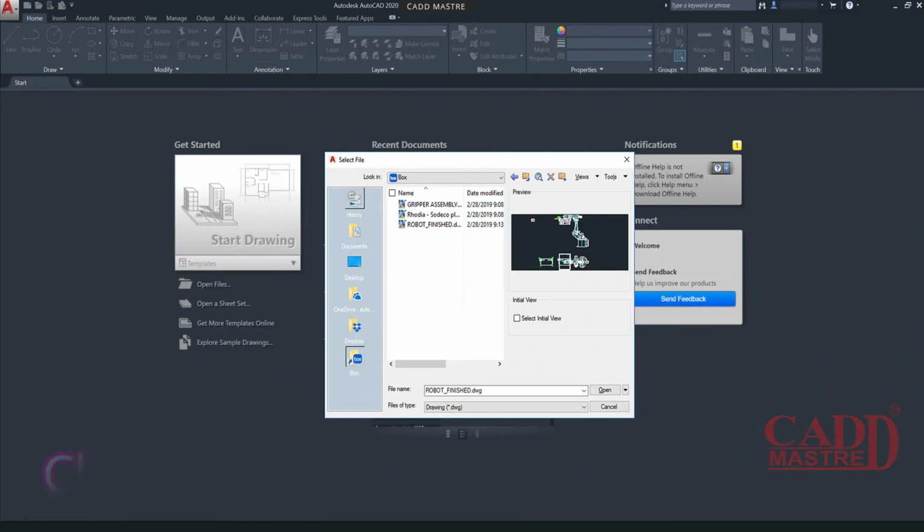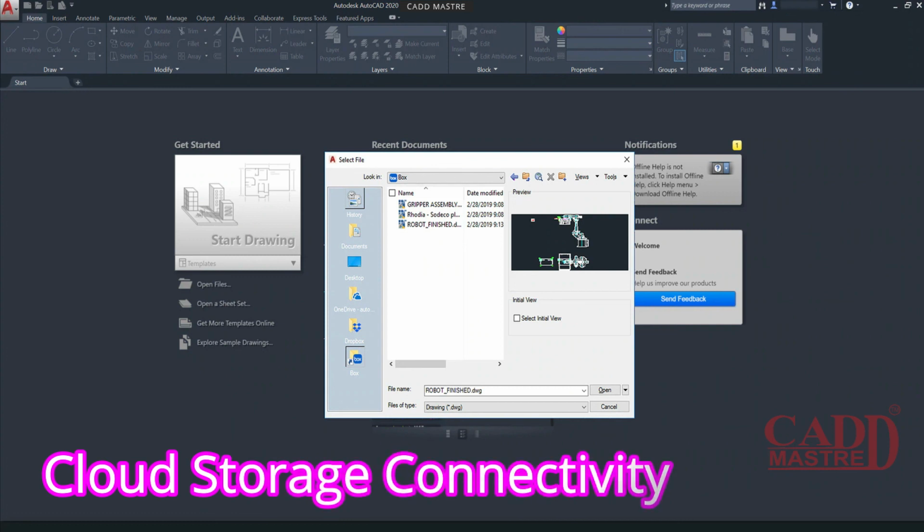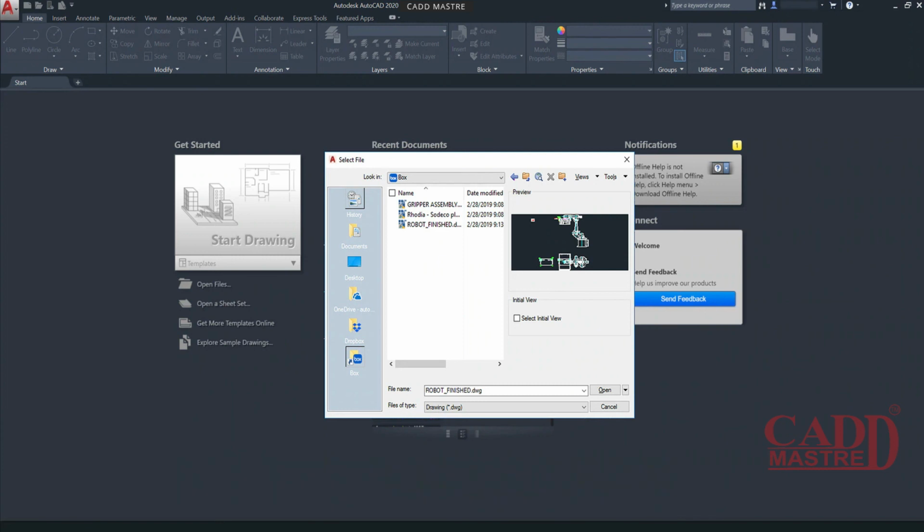Autodesk came up with one more new feature called cloud storage connectivity. So you can access any DWG file in AutoCAD with Autodesk Cloud. You can also access DWG files with other leading cloud storage providers.